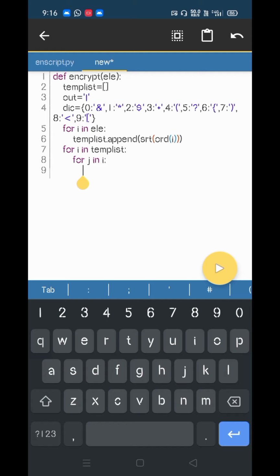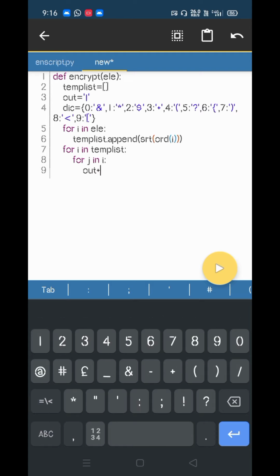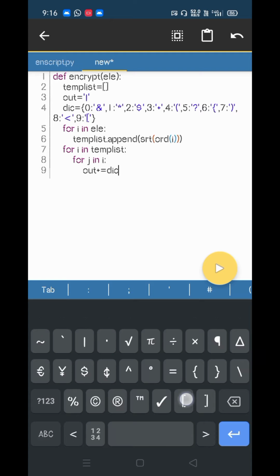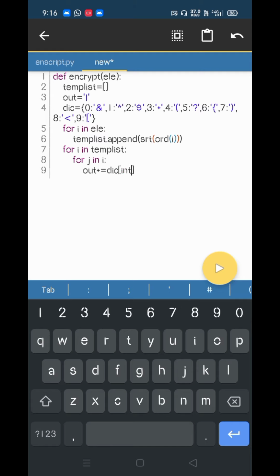Now I will append it by using out plus equals to, what we will do is add this symbol according to the letter. So dic of, we have to get the int of j.